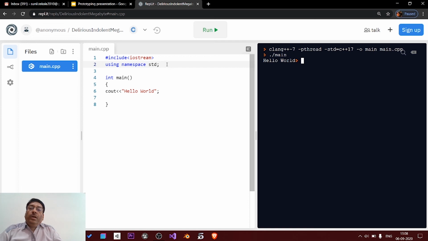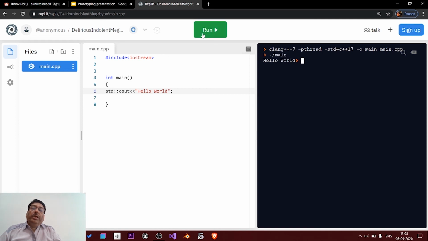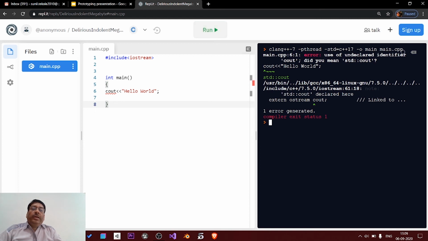If you are not going to make use of this namespace, then you need to write std::cout and so on, and your program is again going to execute. But if you are not going to write this, then you are bound to get an error, wherein your compiler is not able to understand where this particular cout is taken from. So better we write there